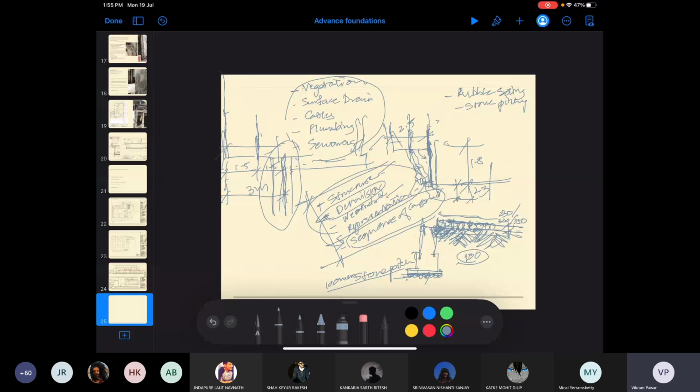Why is this difference? Why is this not 230, or why is this not 100? Maybe stone pitching is mostly for leveling, and the rubble soling has something to do with load transferred by deformation, or as a base.